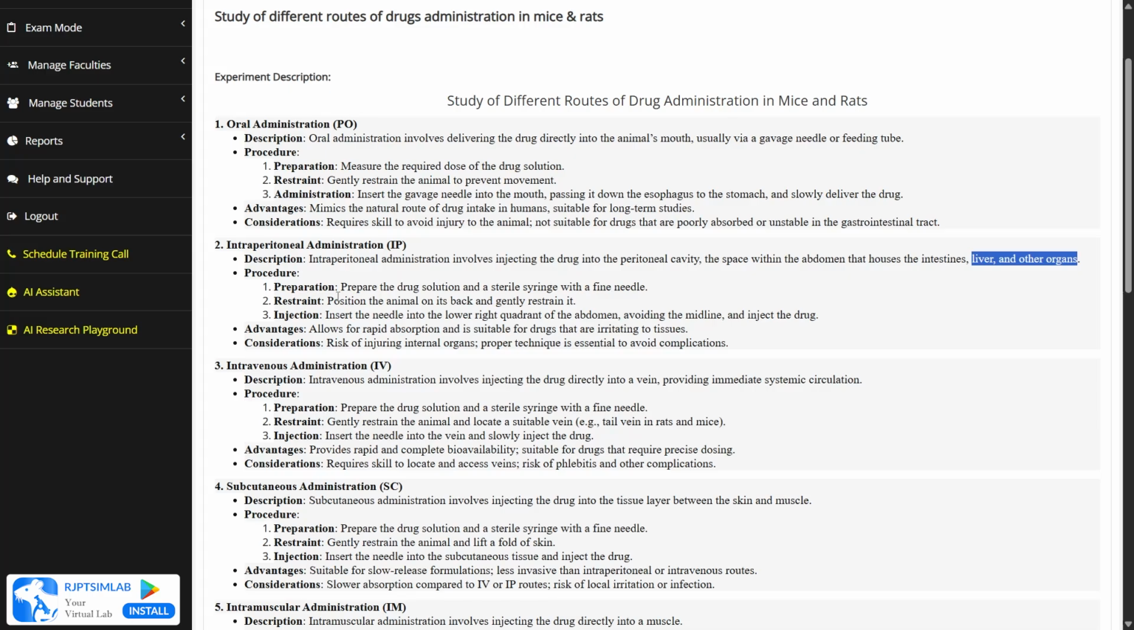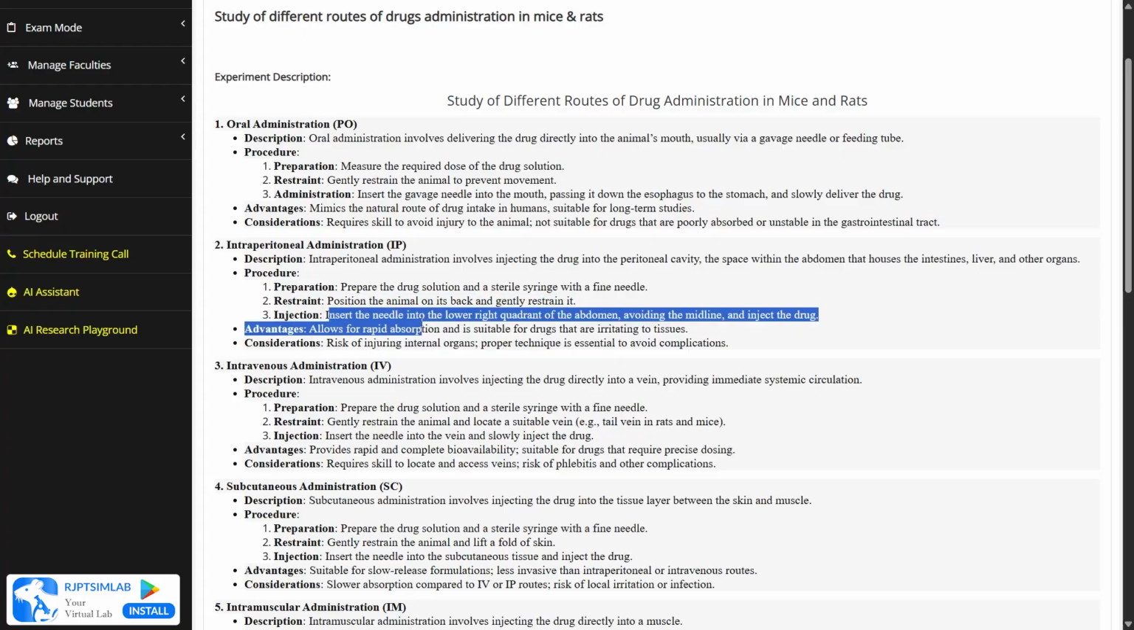The procedures: first is the preparation. We have to prepare the drug solution and a sterile syringe with a fine needle. Then restraint. We have to position the animal on its back and gently restrain it. Then the injection: insert the needle into the lower right quadrant of the abdomen, avoiding the midline, and inject the drug. We have to avoid the midline and insert into the right quadrant of the abdomen. The advantage of this route is that it allows rapid absorption and